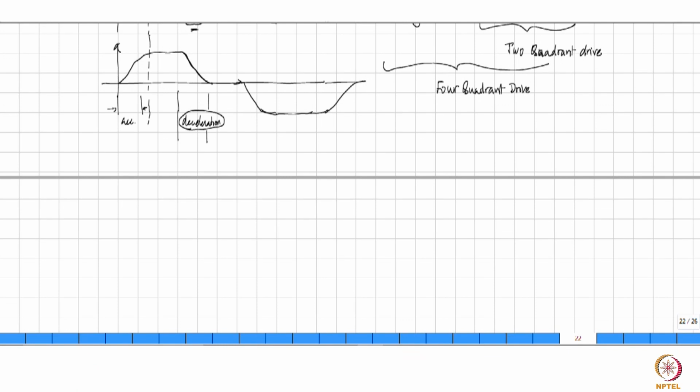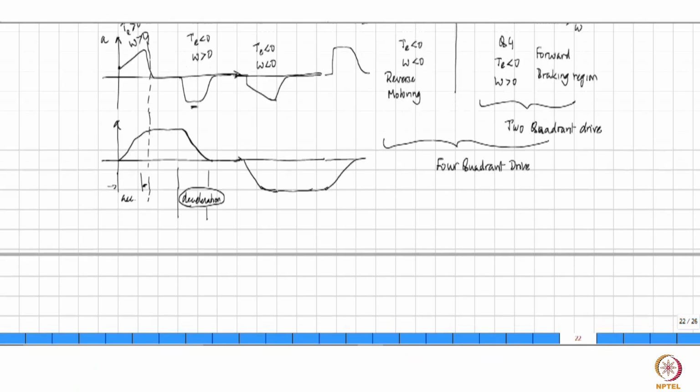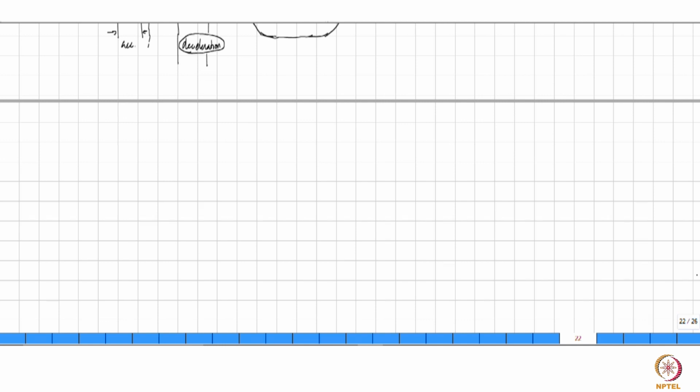Having seen that, what we now need to understand is what the overall motor drive closed loop system is going to look like. So you have the motor, right? This is the motor. You have 2 ports, that is, the electrical input port, and you have the shaft which is the mechanical output port, and to this electrical input port you connect a drive circuit. This is your H bridge,